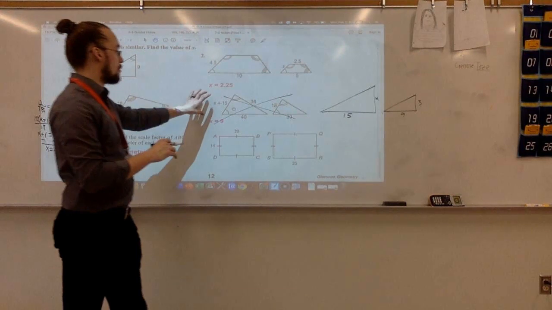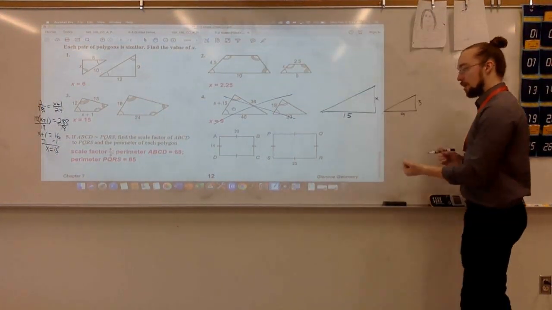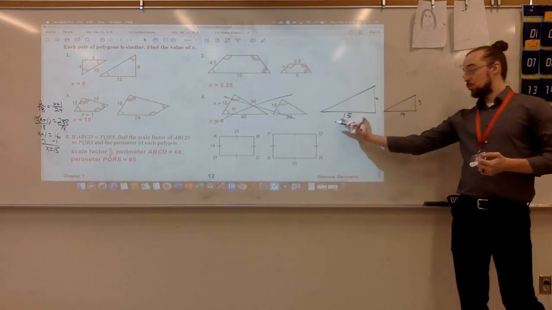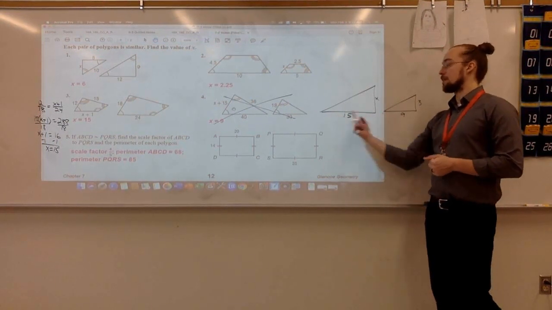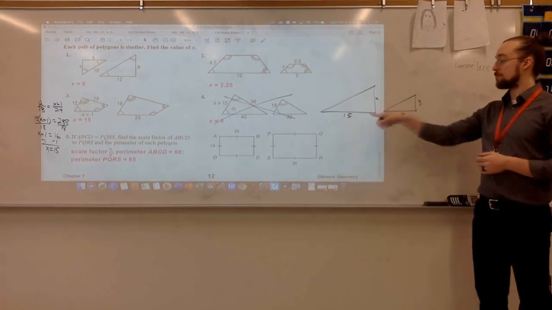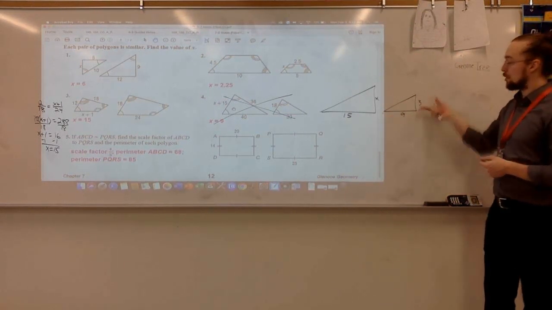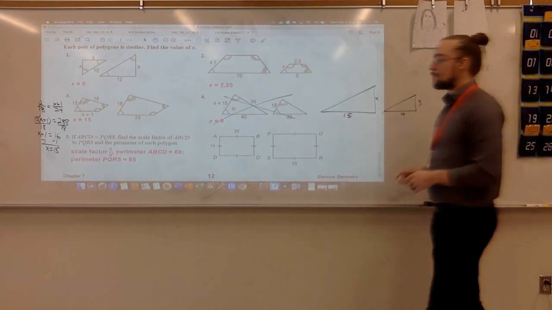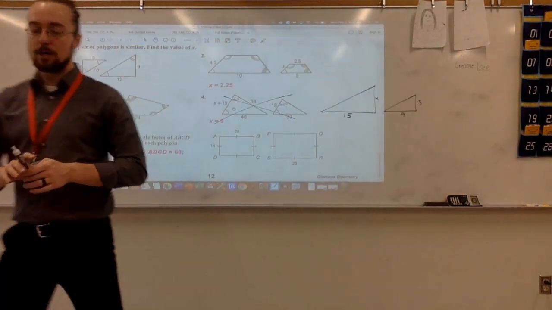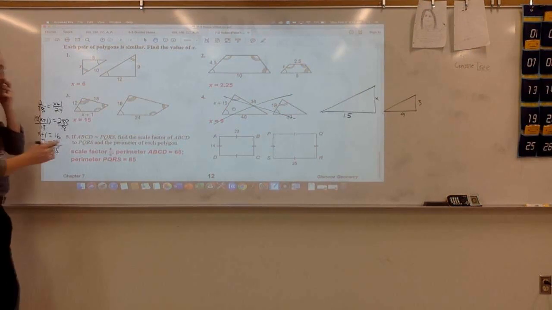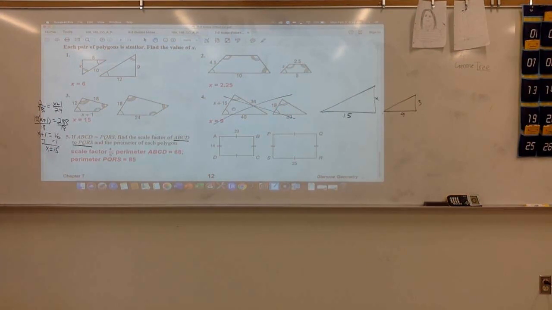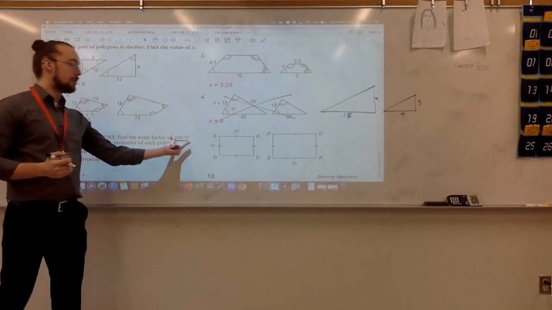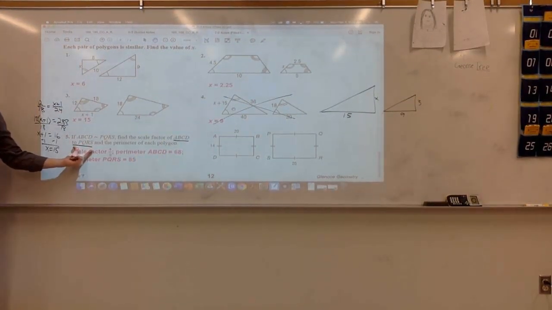Then on number 4, it's a lot easier, I think, if we draw the two triangles separately to show that for the larger triangle, the entire length of the bottom is 9 plus 6, 15, and then this side's x. And the smaller triangle is 3 and 9, so that we can then set up a simple proportion. Now, real quick, the last one here, it says find the scale factor of ABCD to PQRS. So that tells you which way to write the statement. It's saying put ABCD over PQRS. So 4 over 5